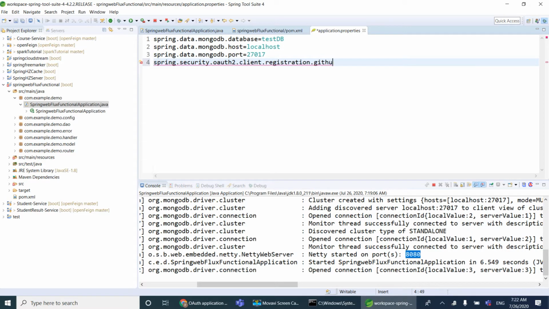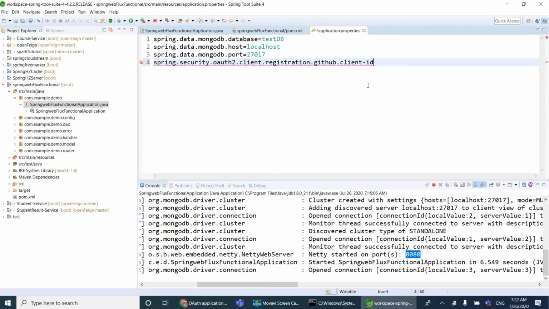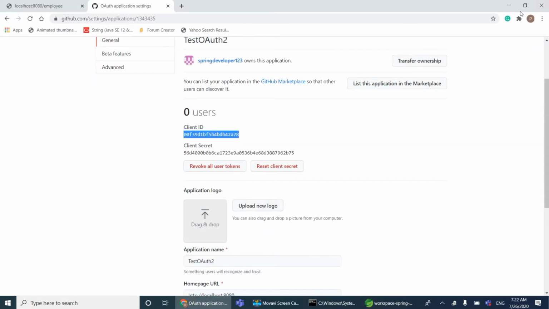In case I am using Google, I have to give Google. If I am using Facebook, we have to give Facebook. github.client-id. So my client ID, it's created here. I'm going to copy this.